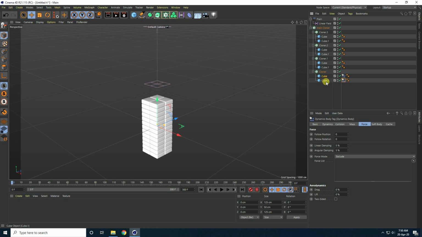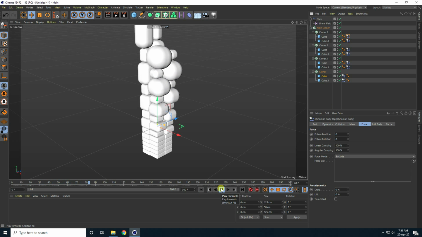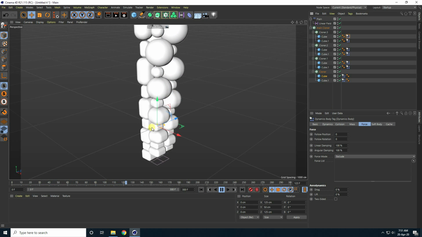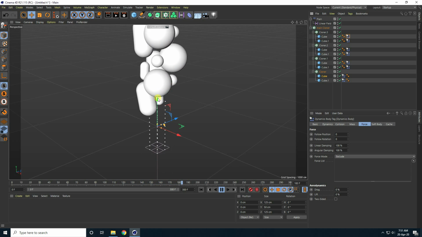Okay, so guys, now apply the rigid body tag on all cubes. So select this cube, hold the Control key and drag and drop onto the cube. Yes. And guys, that's my cube. Select this rigid body tag and copy only to the cube. Yeah, better. See guys, it's so easy. And go back and play. Yeah, that's really beautiful.